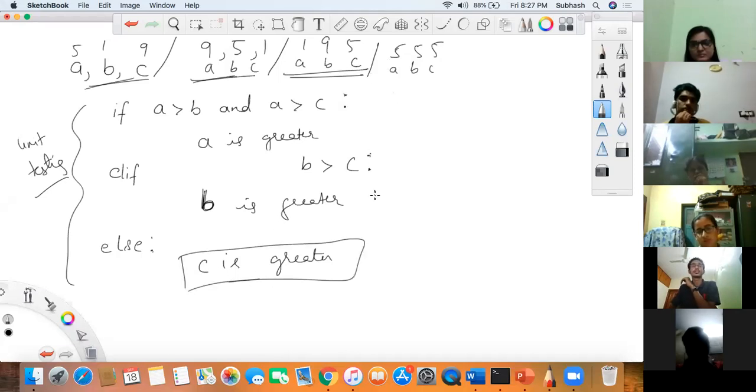But again, it is wrong, right? C is greater is wrong. So you have to handle it. We can add another line: if A is equal to B is equal to C, then same. Where will you add it?